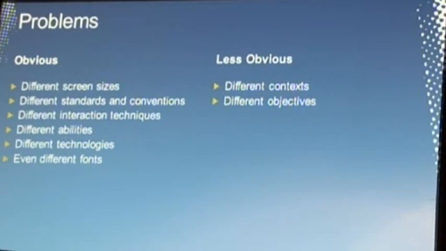Designing for different abilities. We might be talking about people's physical abilities, or might be just talking about the context in which they're in. If they're on a bus browsing our website on their phone, then it might not be an appropriate time for us to be playing a lot of sounds, for example. They're using different technologies. Obviously, they may even have different fonts across their different browsers, and so